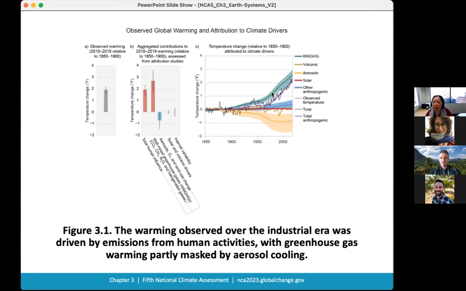And again, you can see here we show the observed warming. There are lots of fluctuations. These fluctuations are partly due to natural processes, but some of these fluctuations are also caused by, for example, volcanic eruption. But overall, we see significant warming contributed by the well-mixed greenhouse gases. As mentioned before, a lot of that is because of carbon dioxide. And then we also see these offsetting effects of cooling. Many of those come from aerosols.